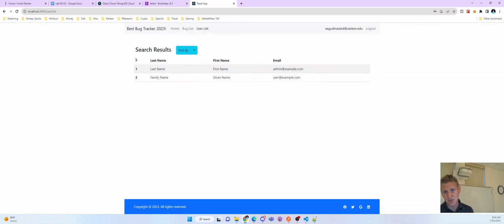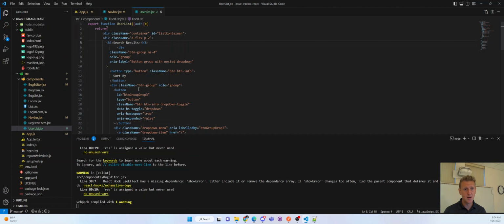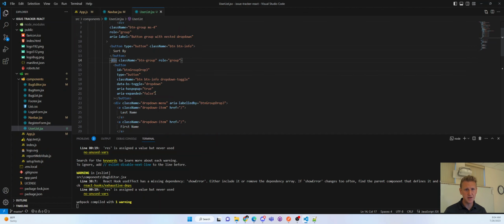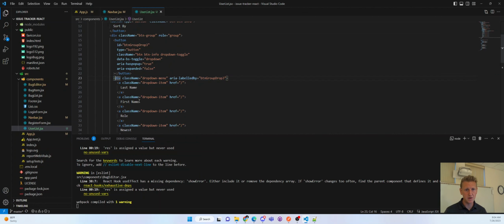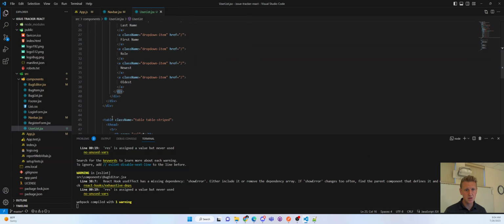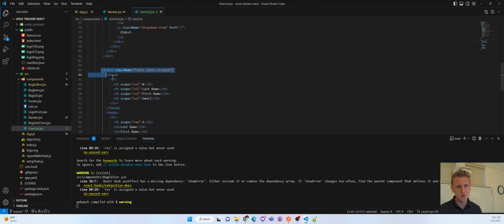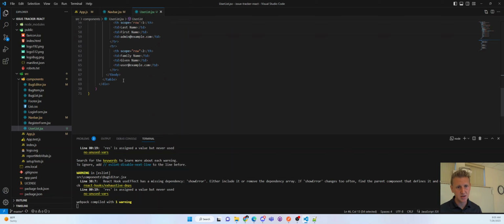So each user will be put into a card, and so we just need so many cards per row, and so we're just gonna kind of reformat the table as a row. So here's a sort button with our drop-down menus, and here's our table. So in our table, we're just gonna take out our table